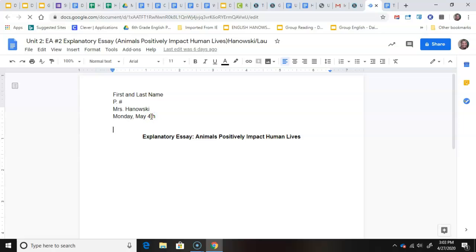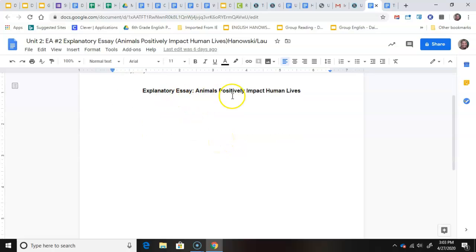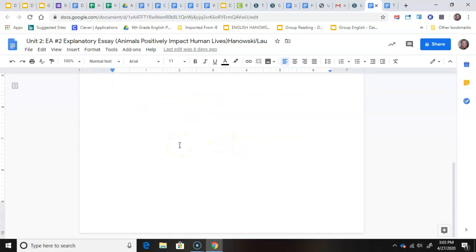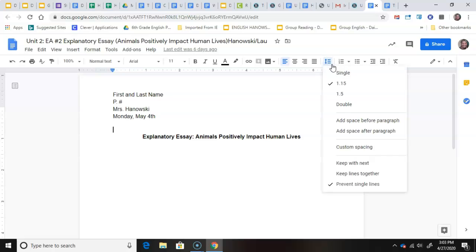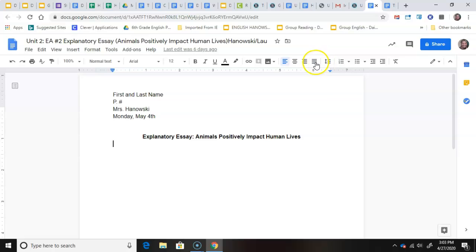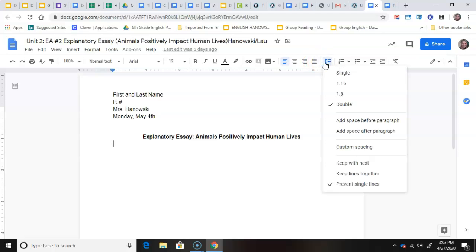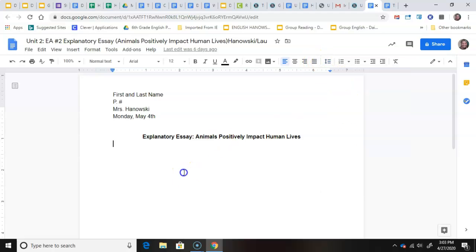We should change that. The final draft is going to be due the 5th, because the governor closed school now for Wednesday, Monday, the 4th. All right, so it's a new due date. And then you're just going to start typing your paper right here. And it should be already double spaced. If it's not, you can go up here and then you can click it to double. So you'll want the actual paper to be double. So when you go down here, oh, it is double, see? Double. So make sure you have 5 paragraphs.